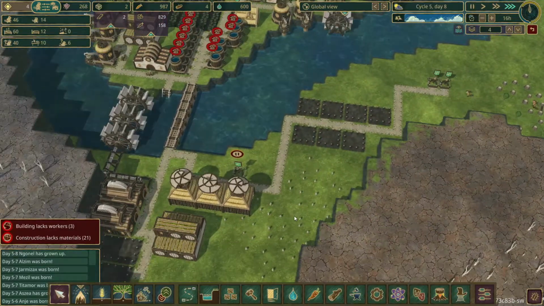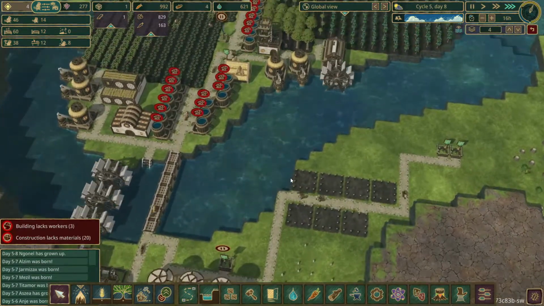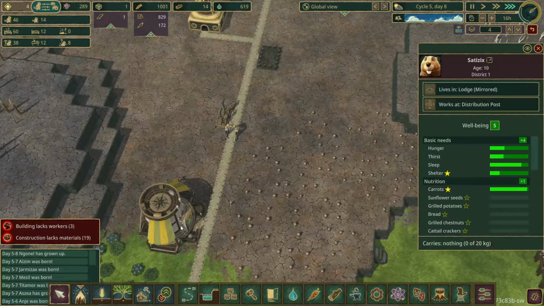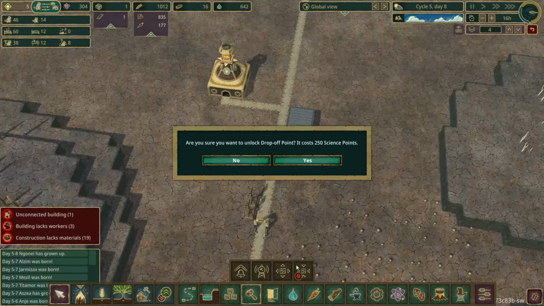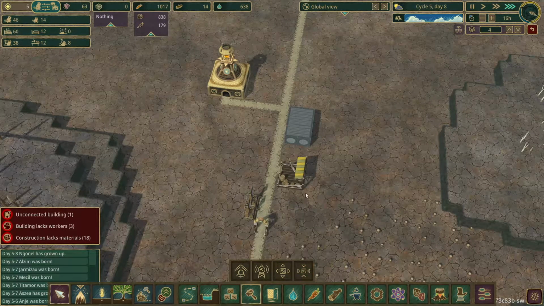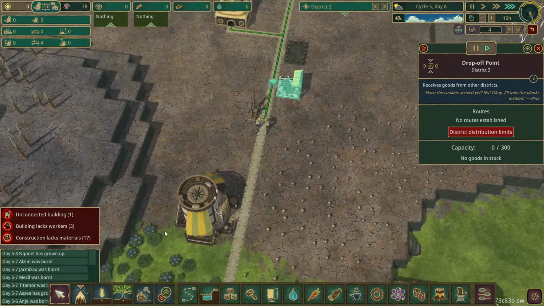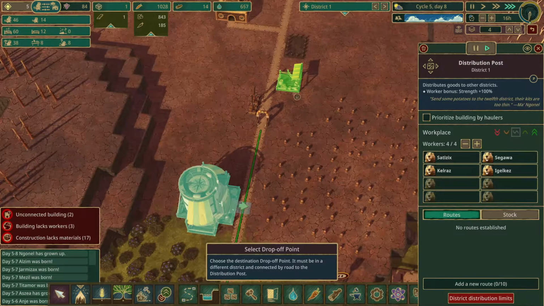I'm going to pause 2 of these real quick, which gives us loads of jobs. We got 283 science, so our distribution... Ooh, our distribution posts are up and ready to go. And then we can hopefully unlock the drop-off point, which we have now done, which we can place in here. We can go in distribution limits here and we can set a route. Add a new route to here